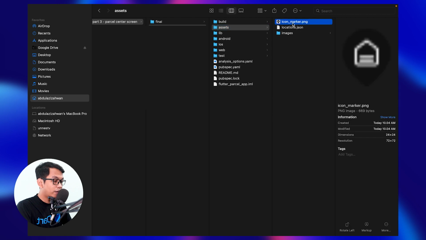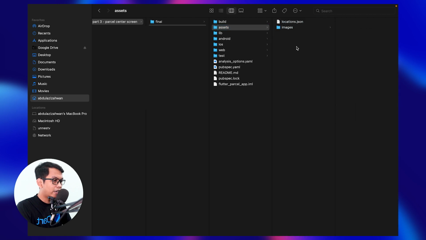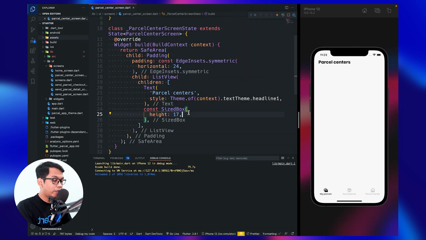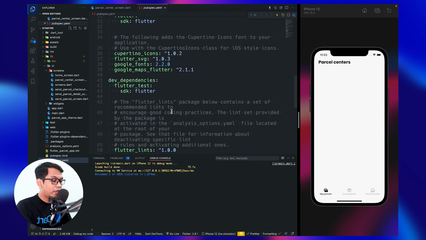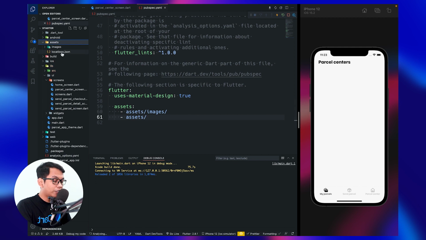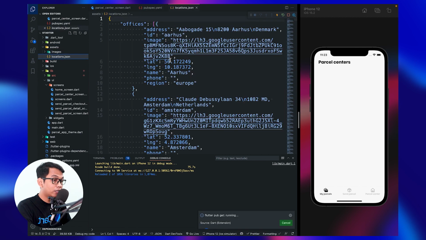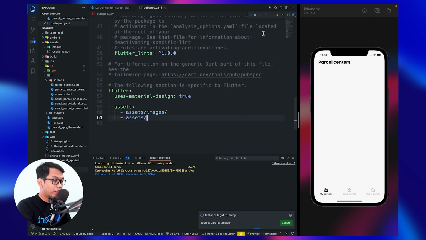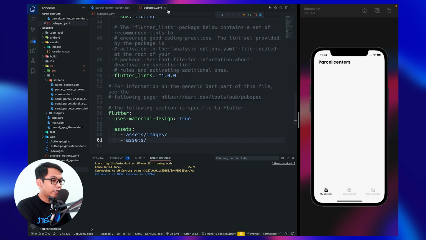For the icon marker, move to image, and it looks like this. And the next step is we need to go to our pubspec.yaml, and we need to declare new assets, which is assets slash, because we want to call our location.json, and we need to pub get, look like this.